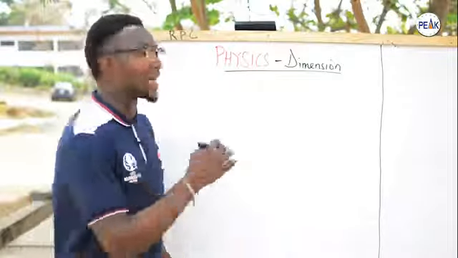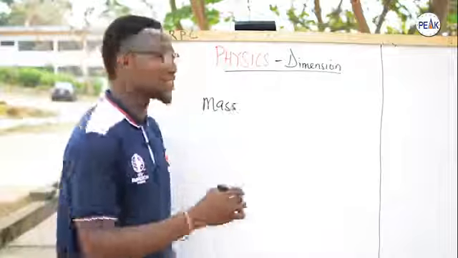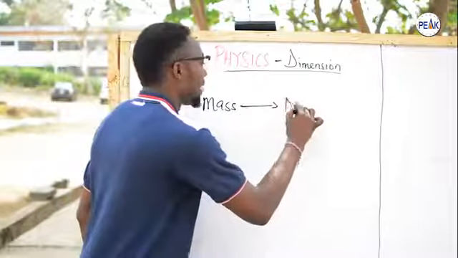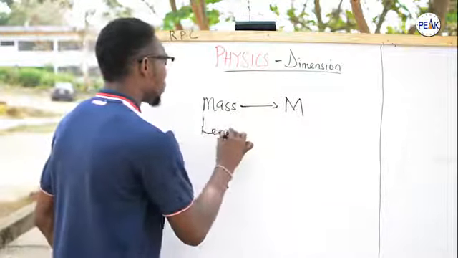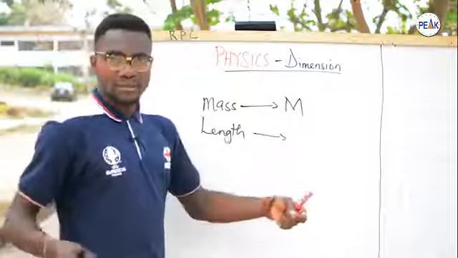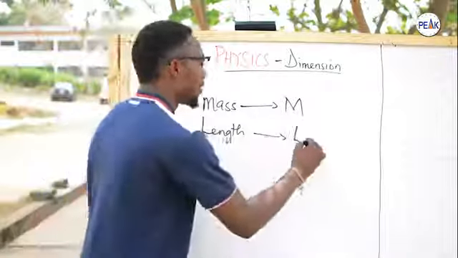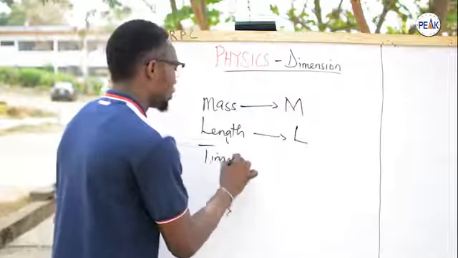Once you arrive at mass, you represent it with a capital M. Once you arrive at length, or distance or anything related to distance, you represent it with capital L. Once you arrive at time, you represent it with